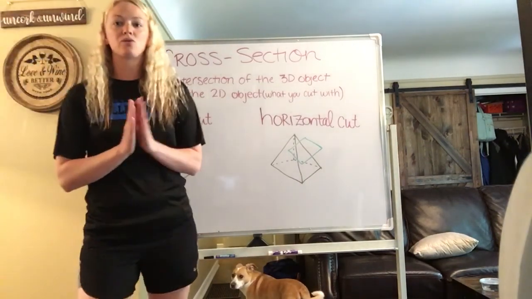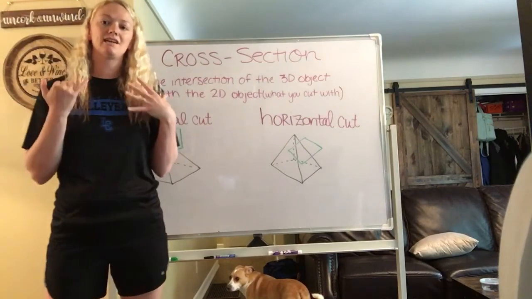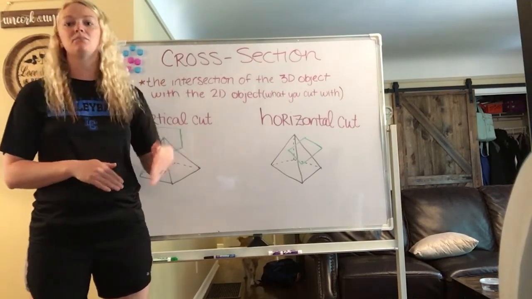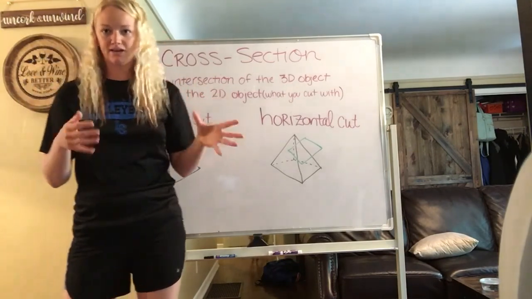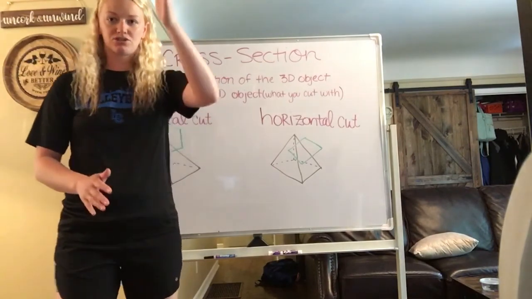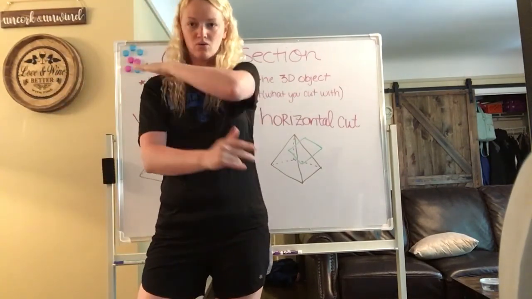Today we're going to go over cross sections. Okay, so to have a cross section, you need a 3D object, and then it will be sliced or cut by some 2D object, and it will create another shape for you. Okay? So the first type of cuts that we're going to go over are strictly our vertical or our horizontal